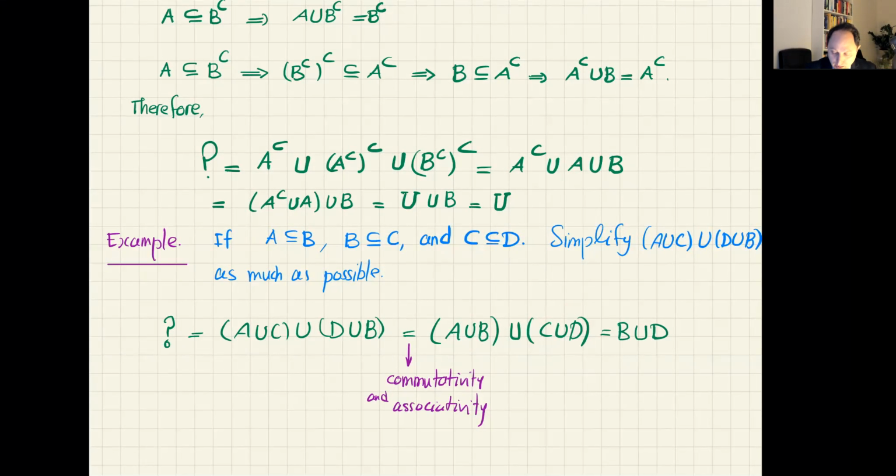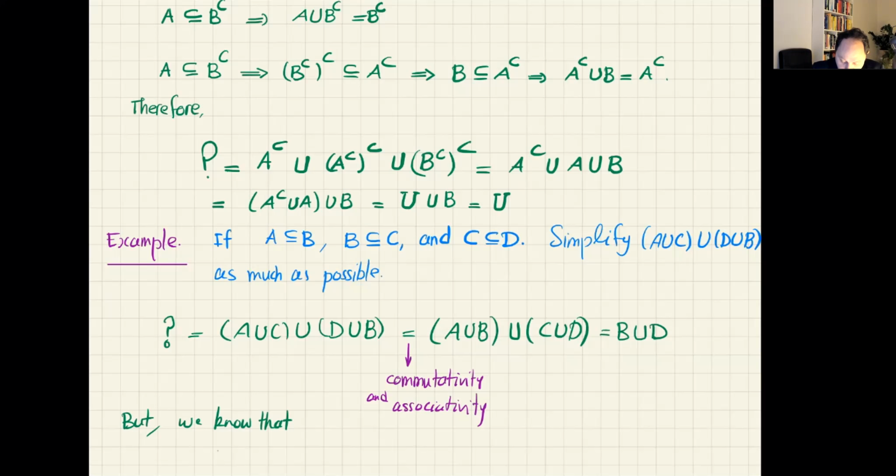There is no relation between B and D directly given in the problem, but can I conclude something for B and D? That B is a subset of D, and therefore this can be simplified to D. Why do you say that B is a subset of D? Because, if you remember, the subset relation is transitive. Do you remember? You are right, let me write it. We know that